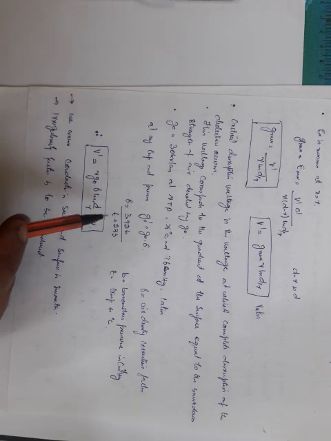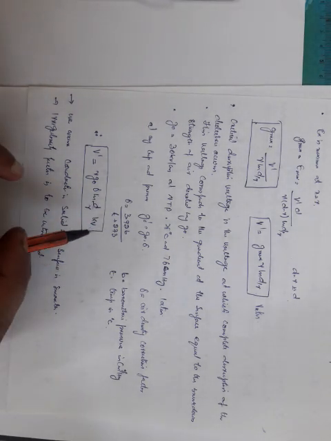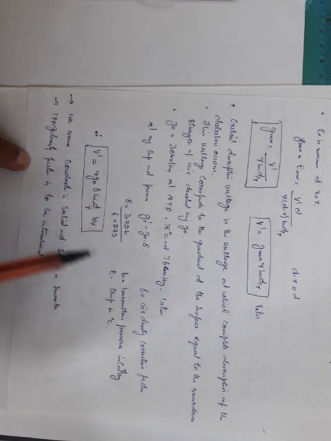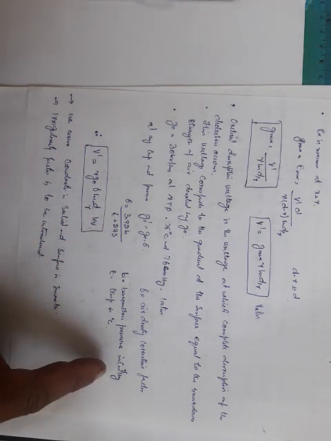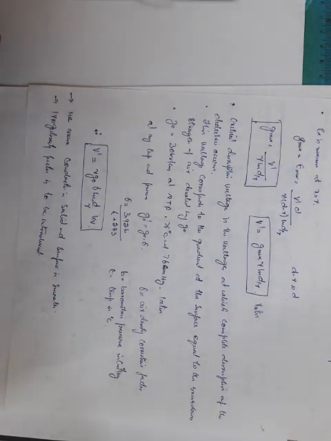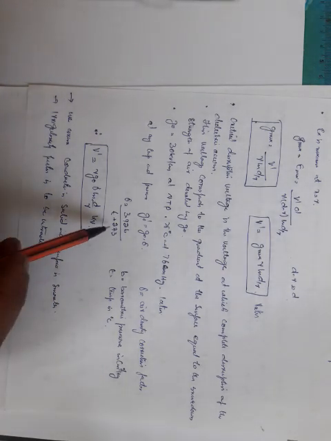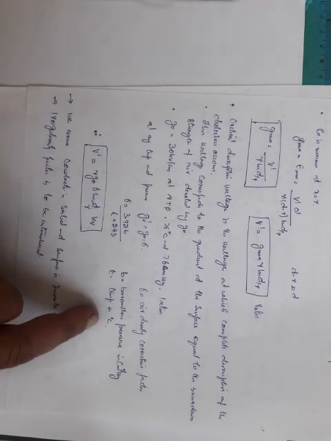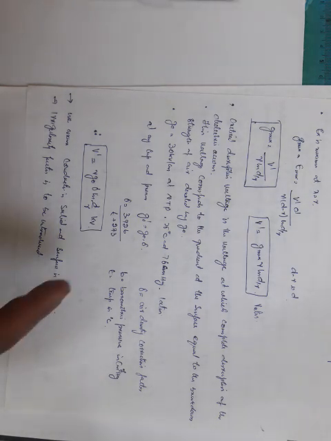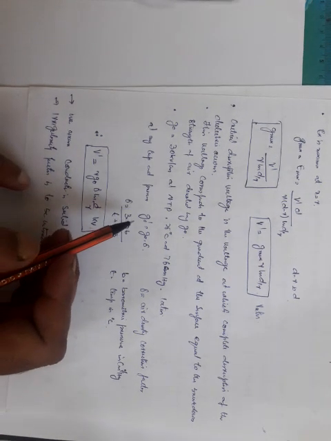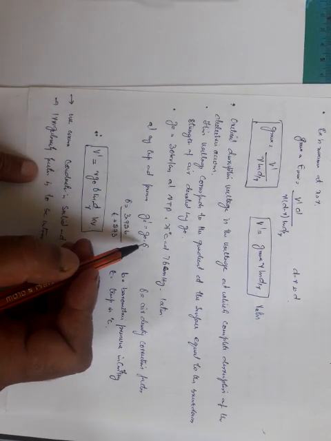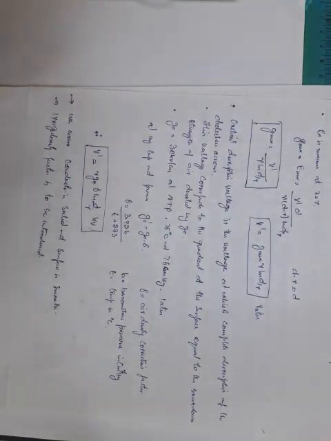So in this case, this delta is given by an empirical formula given by Peek. It is given by 3.92 into B divided by T plus 273, where B is the barometric pressure in centimeter Hg. You have to keep this in mind. It is not in SI unit, it has to be in centimeter of mercury, and T is in degree centigrade. So here we can calculate this delta, and G naught at any value of temperature and pressure is given by G naught dash equal to G naught into delta, where delta is the air density correction factor at any value of pressure and temperature.